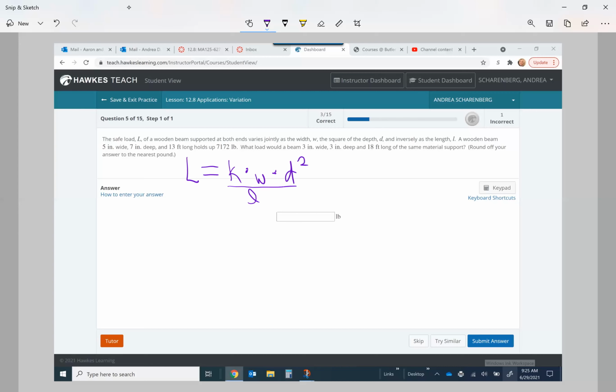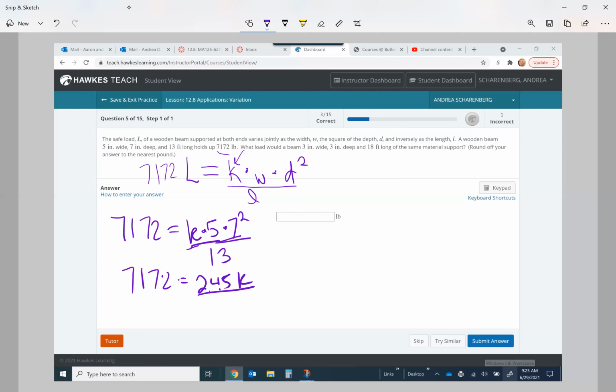Okay, then they give us some information, and the first step we're going to do here is find what the K is. They also do tell us that the L will hold up to 7,172 pounds. Okay, so let's replace our values. We have 7,172. We're going to figure out what K is. They've given us W as 5. D is 7, and we have to square that, and we're going to divide that by 13. Okay, so now we have 7,172 equals, and basically when you take 49 times 5, you get